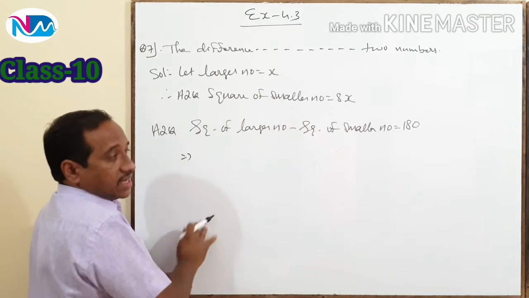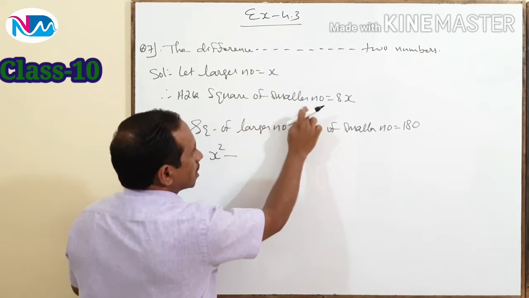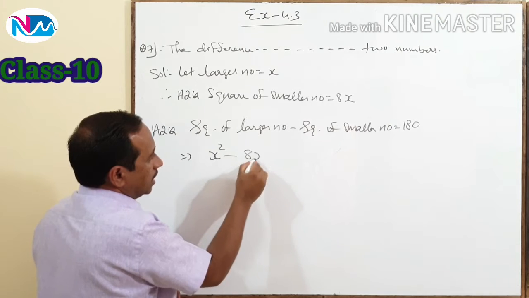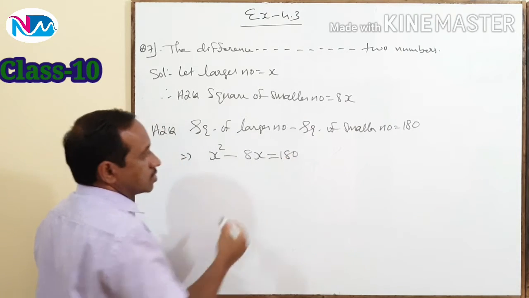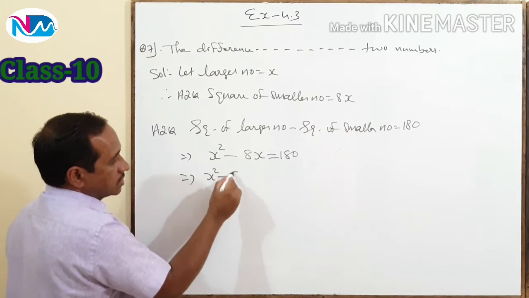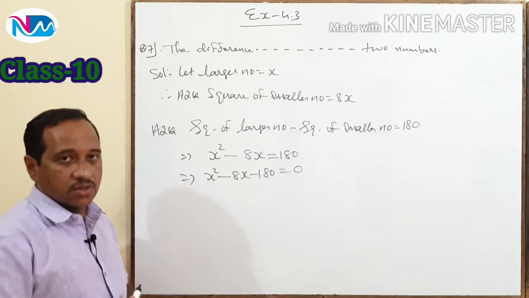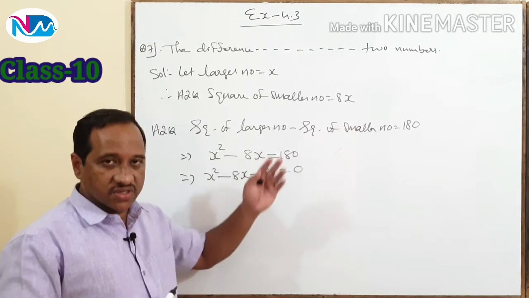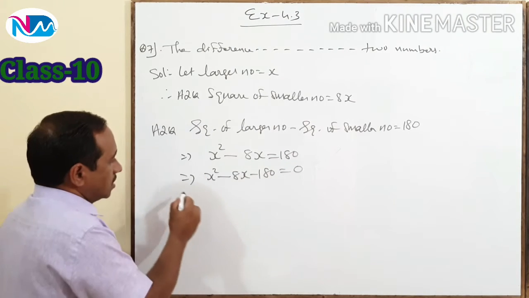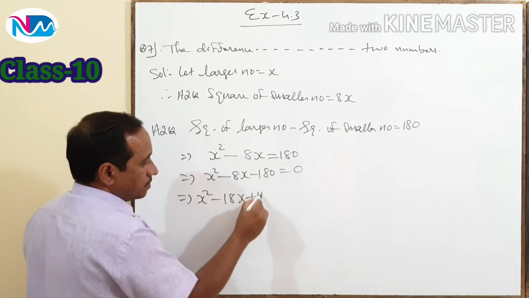The larger number is x, so its square is x square. Square of the smaller number is given in terms of the larger number, and it is 8x. So x square minus 8x is equal to 180. Now bringing 180 to LHS, x square minus 8x minus 180 is equal to 0, which is the quadratic equation representing the given situation. Now we have to solve it by factorization method, that is x square minus 18x plus